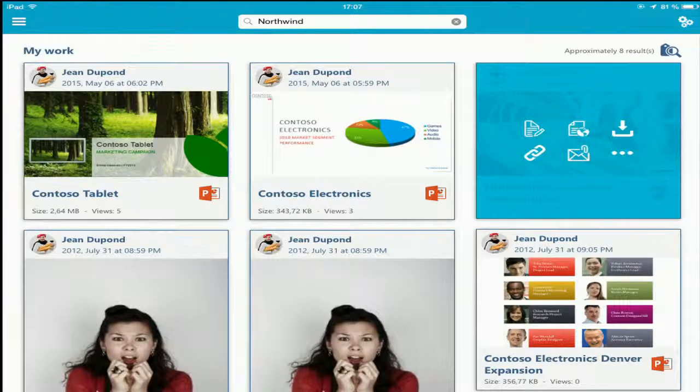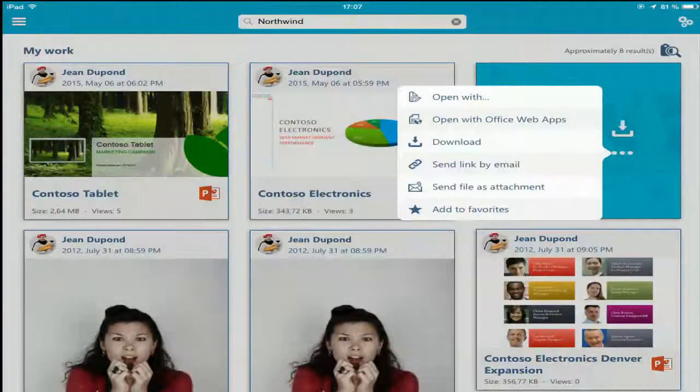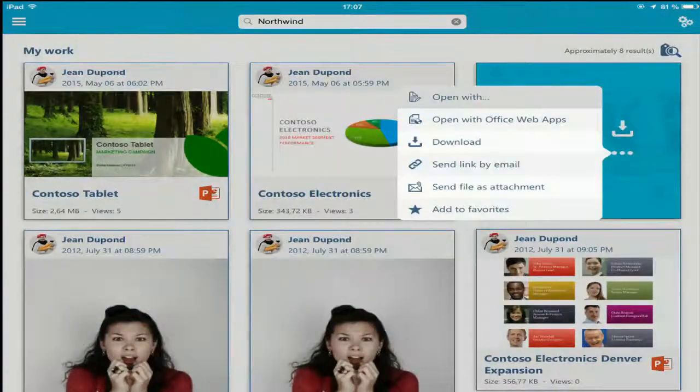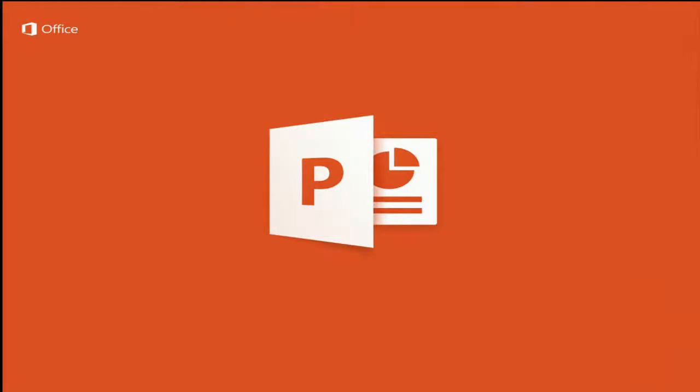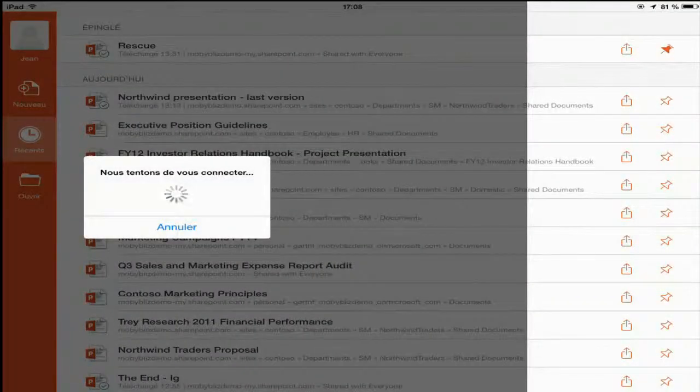So then I have to work on my PowerPoint. Here I have the different possibilities, and I will directly open this presentation with PowerPoint apps. So what is interesting here is that they connected with the other apps, and they use the platform aspect of O365 in the iPad. So it's not loading, please. Yes. So let's say that I have my presentation, it's downloading, and it's finished.